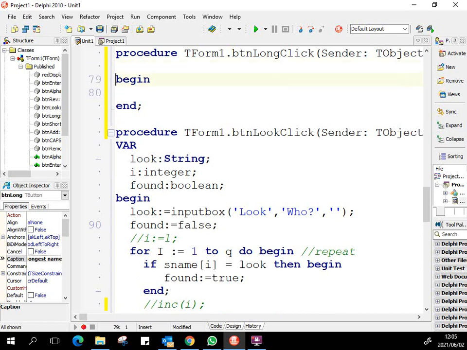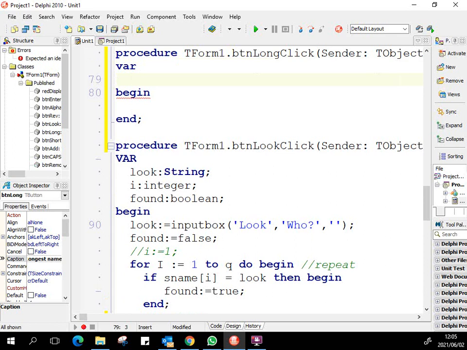Alright, so what data type of thing are we keeping? A string. Do you agree? We want to keep the longest name, not the length. We want to keep the name that's the longest. So it's a string. I think if you say long, the long will actually work. But long is not a good name. In a lot of other programming languages, long is also an integer. It's the bigger version of integer. So long is not a nice name. So I'm just gonna use lng,